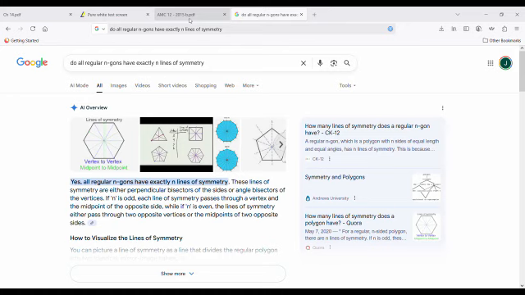So, all regular n-gons have exactly n lines of symmetry. It's also interesting that the odd ones only have the line through the vertex that passes through